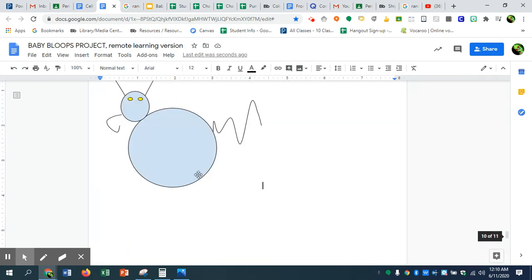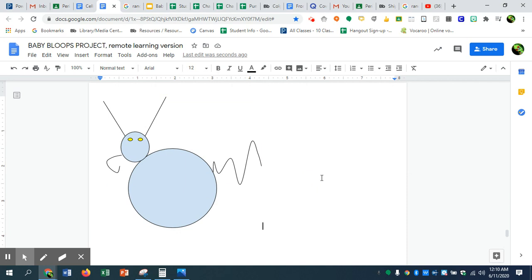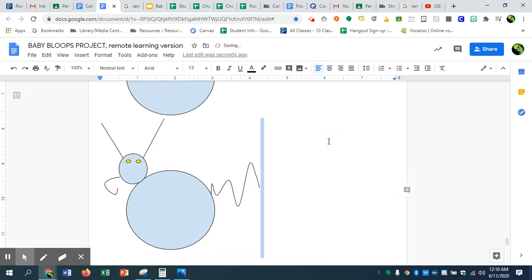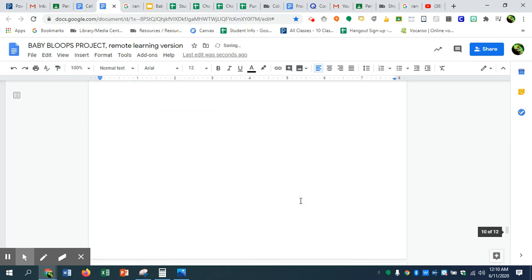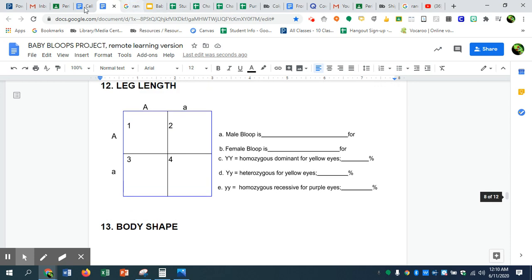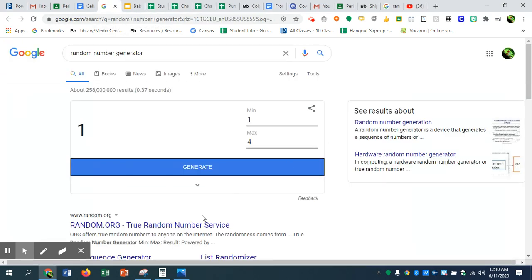And then you can just make lots of little babies. And let's have a little village. Baby bloops. They're everywhere. Okay. We're being invaded by half-created baby bloops. Okay, so that is my baby bloop project. The next project